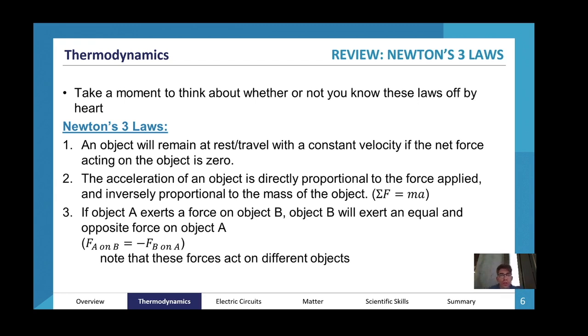Now, truth be told, most students do not really understand the three laws of motion. They are actually quite complicated. So, let's start with the first one. No, they are not really complicated, I think, because people